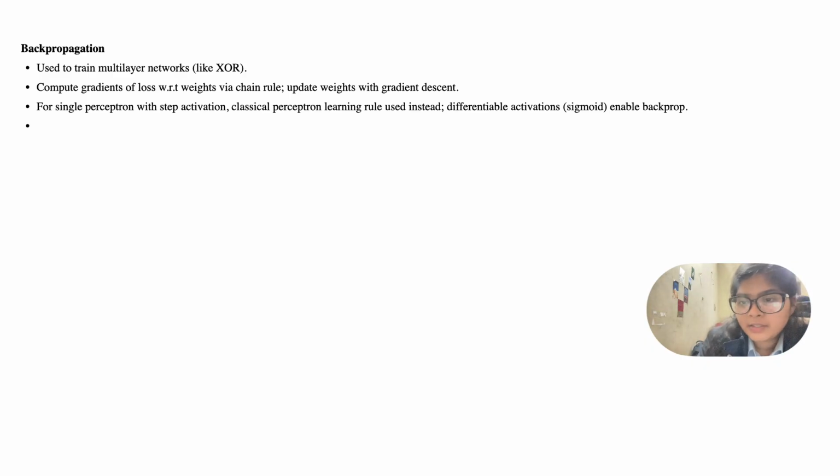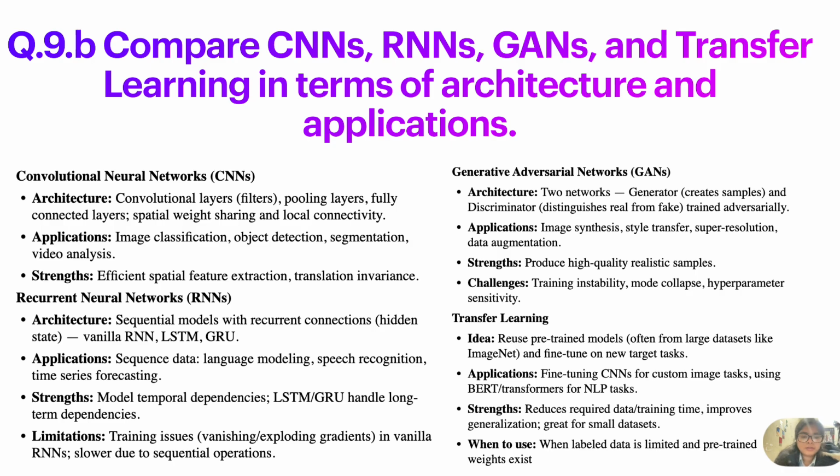We are done with this question, and here we have the last question, in which we have to compare CNNs, RNNs, GANs, and transfer learning in terms of architecture and application. So, talking about CNN, the full form is convolutional neural network, and its architecture includes convolutional layers, which are filters, pooling layers, fully connected layers, spatial weight sharing,